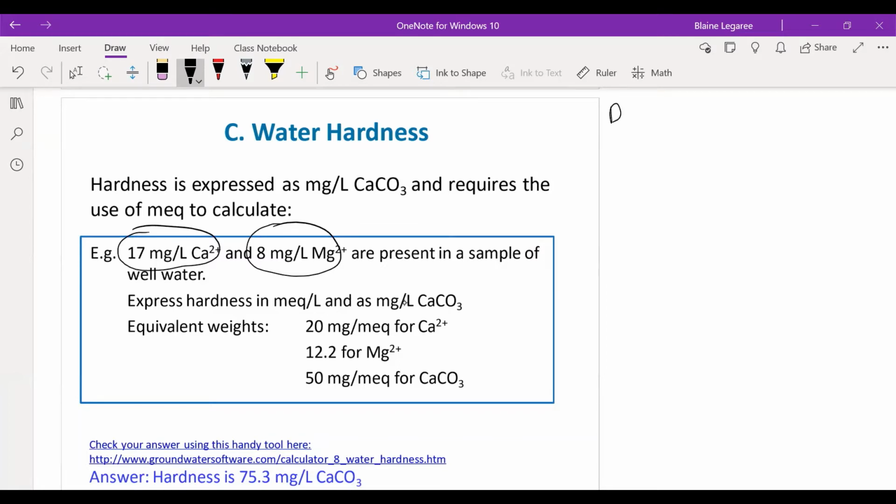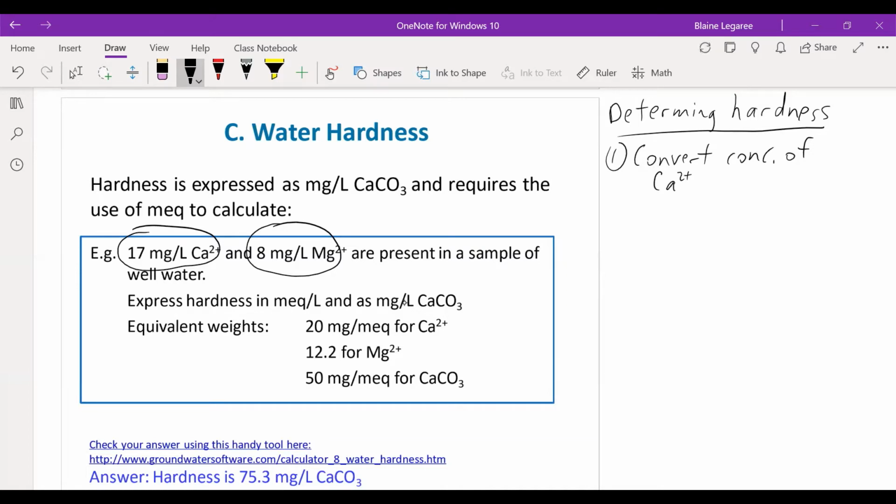So determining hardness, about 3 steps depending on how you count it. Step number 1 is convert the concentrations of calcium and magnesium to